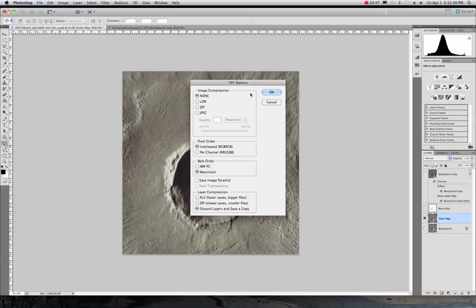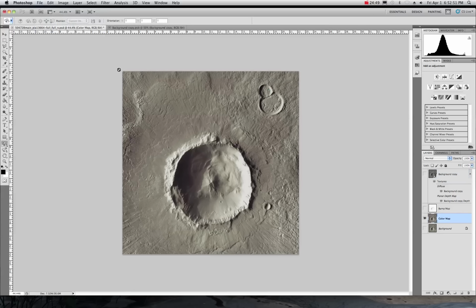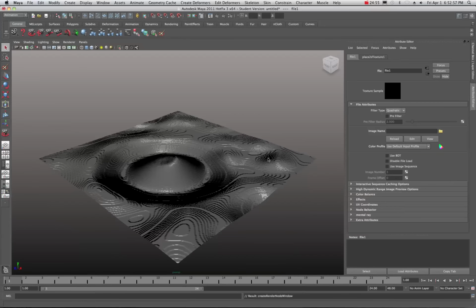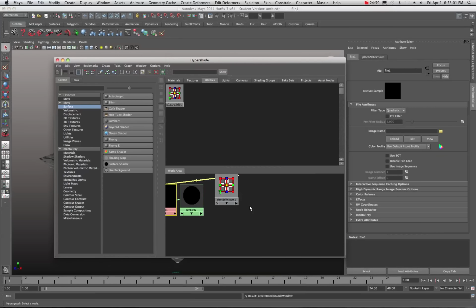So we'll just save it as a TIFF into there. And now I can get out of Photoshop, come right back into Maya, and we can assign, I'm going to bring the hypershade over here. We can assign that file right there. If all goes well,